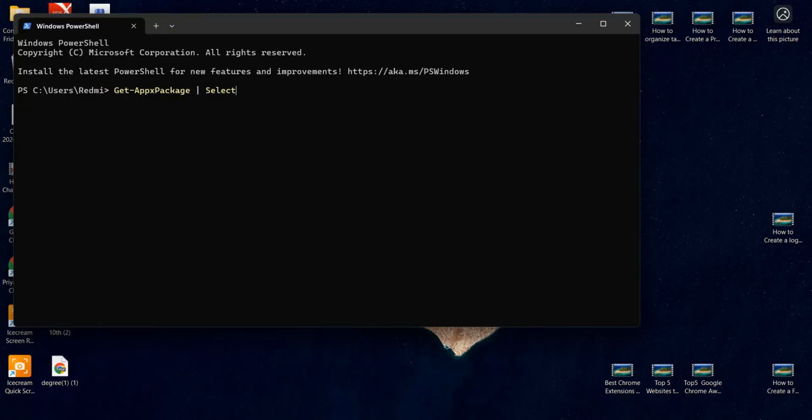Select Name. To remove a specific app, you have to type the select name of your application here. For example, I want to remove Netflix